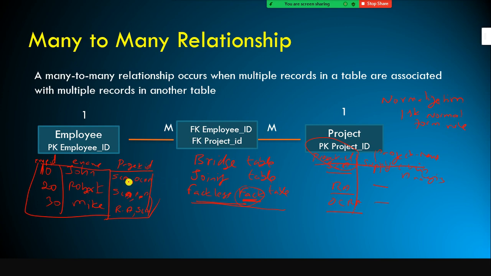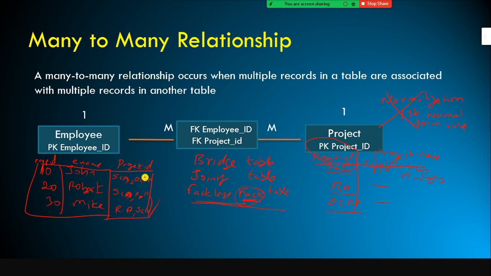You cannot have something like this. Okay, you can have a space, John, Mariam, Joseph, something like that. But you cannot have John, comma, Joseph, comma, something like that. You cannot have more than one value. This is against the normalization rule. So hence what we do is to address this issue.